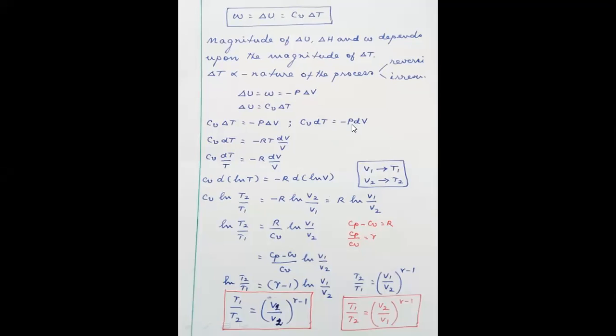Minus P is nothing but RT by V. According to the ideal gas equation, PV is equal to RT, so P is equal to RT by V. That is what is substituted here. This is Cv